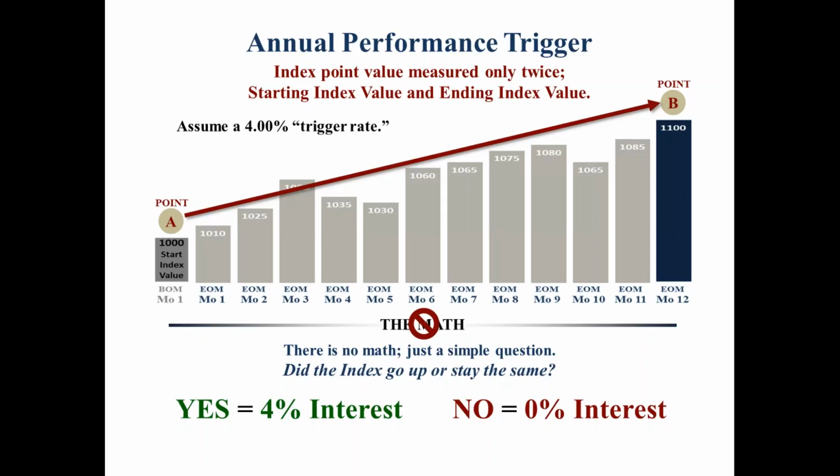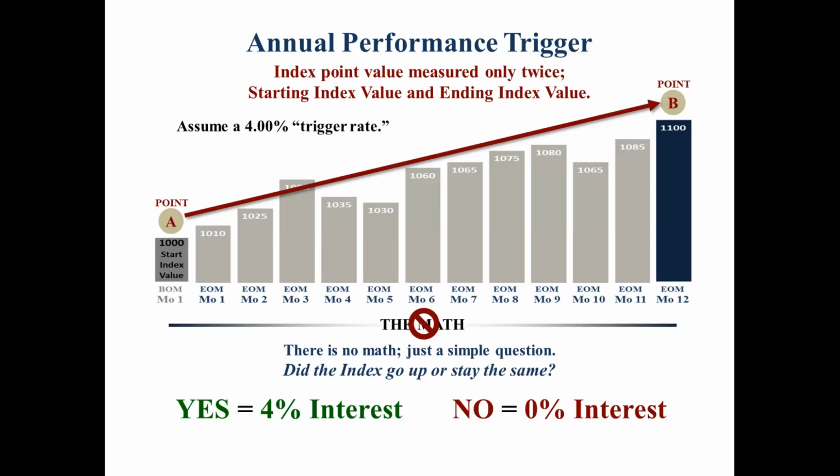If it's close to that annual point-to-point cap, then I'm going to use the trigger rate instead of the cap, because all the market has to do is go up, and you're going to get whatever that published rate is. If that rate is significantly lower than the annual point-to-point cap, well, then you've got to think about it, okay? But if we're dealing with clients who are much older, well into their 70s,